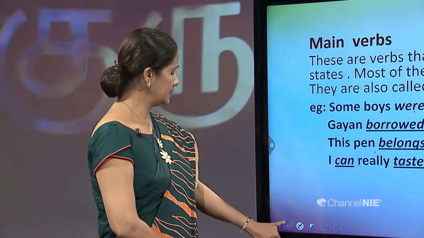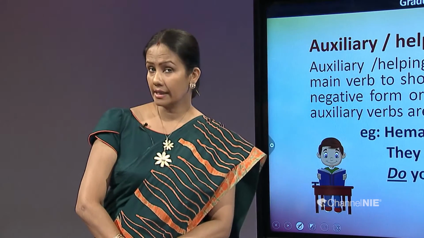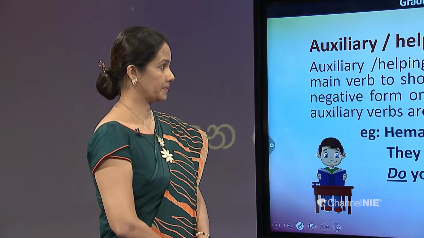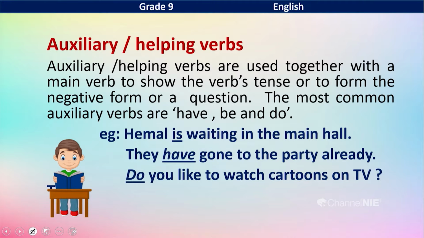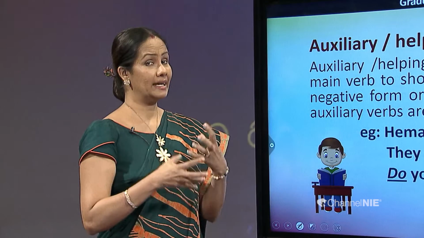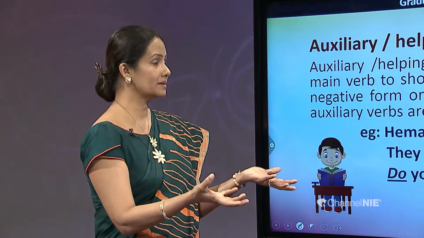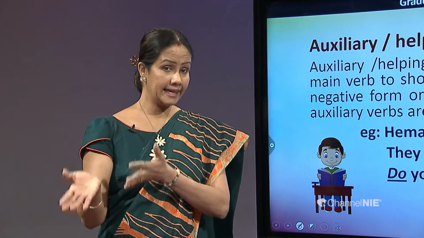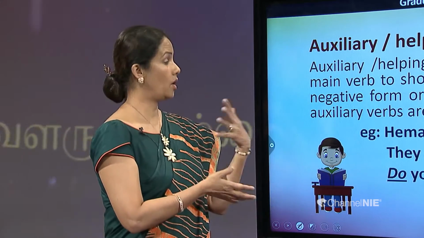Now we'll move on to the next section, which we call auxiliary verbs or helping verbs. Auxiliary or helping verbs are used together with the main verb to show the verb's tense or to form the negative form or a question. The most common auxiliary verbs are have, be verbs and do, right? So in simple words we can say auxiliary verbs or helping verbs are actually helping the main verb to get its tense, or whether it is going to be a question or